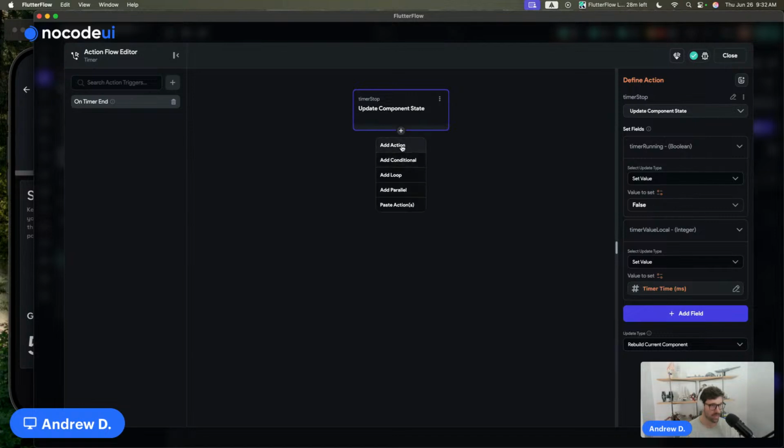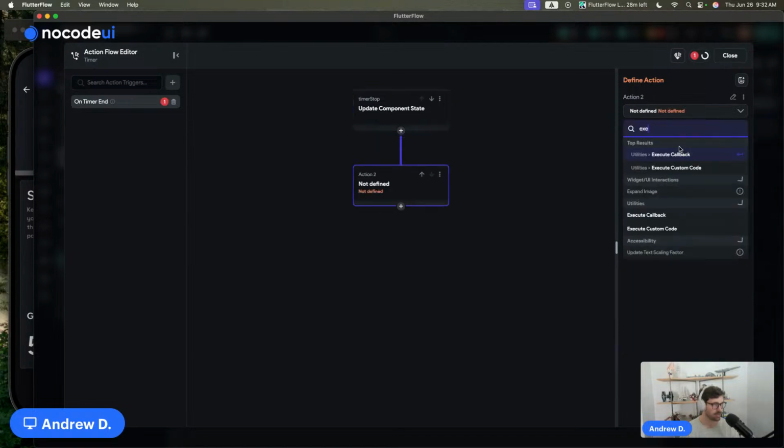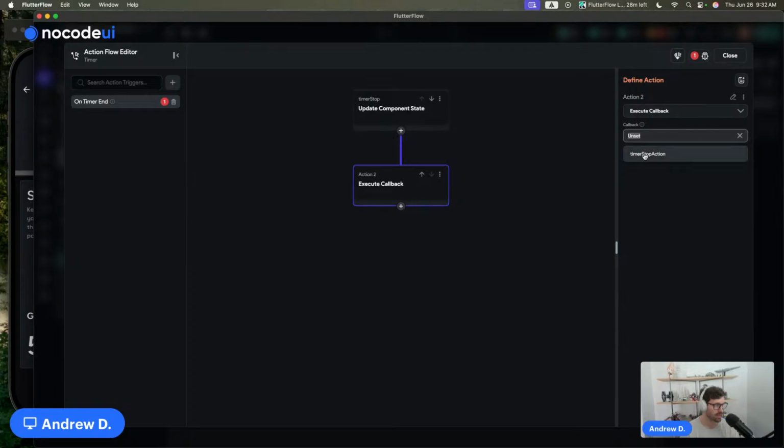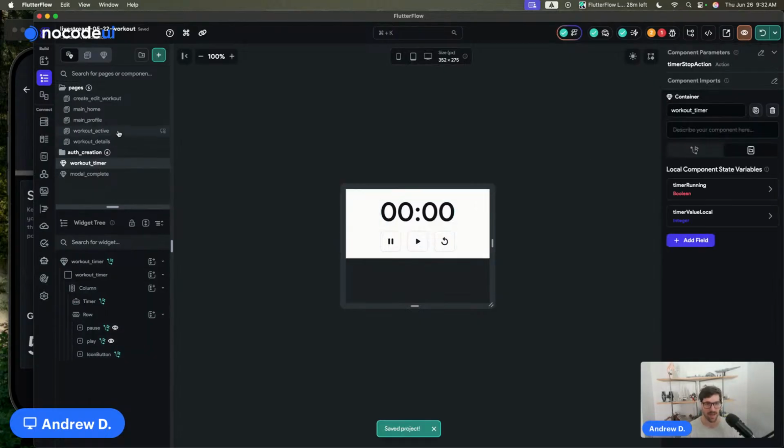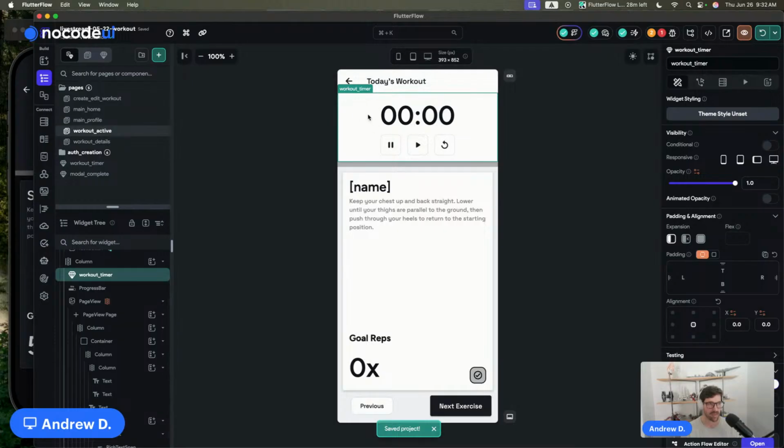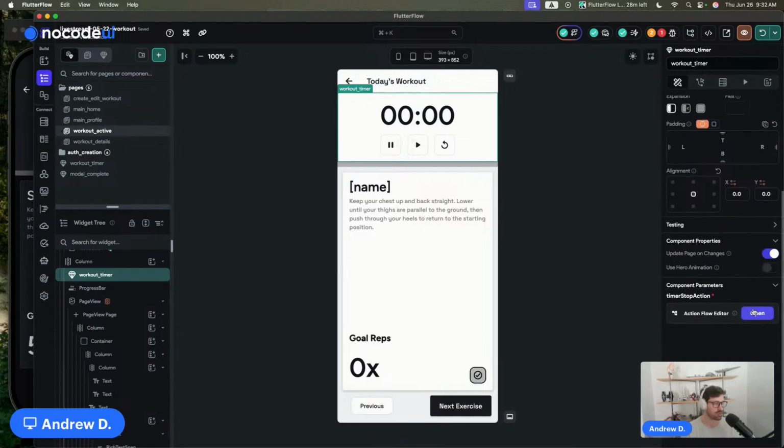Then we come in here and we're gonna do an execute action or execute callback. Sorry, execute callback timer stop action. Okay, so fire off modal. Okay, so that's the first thing. Come back here to the workout active, and we click here. We have this timer stop action,